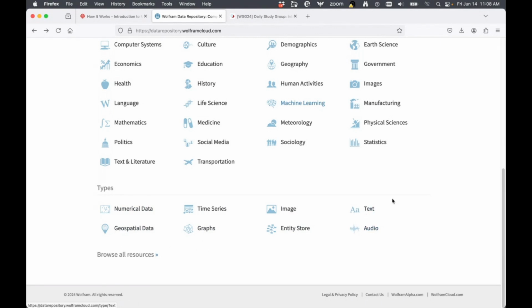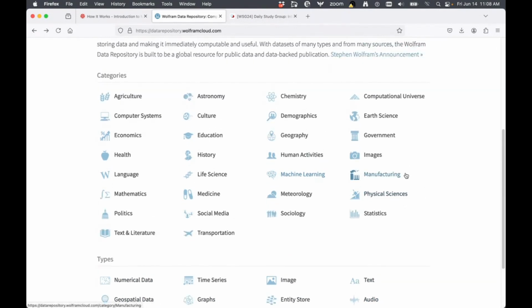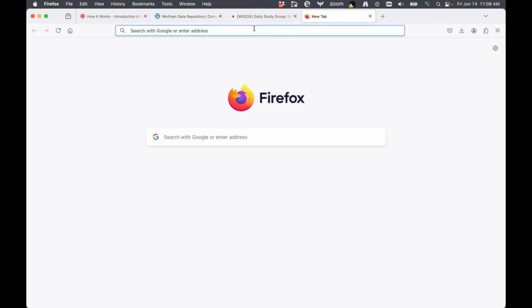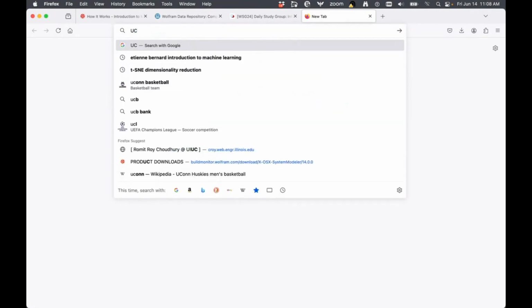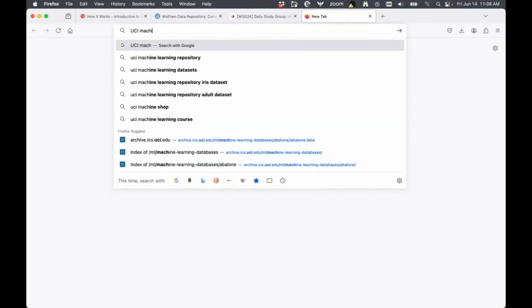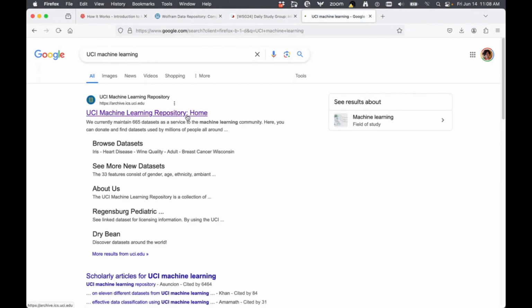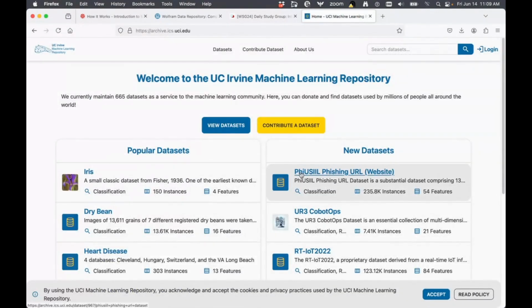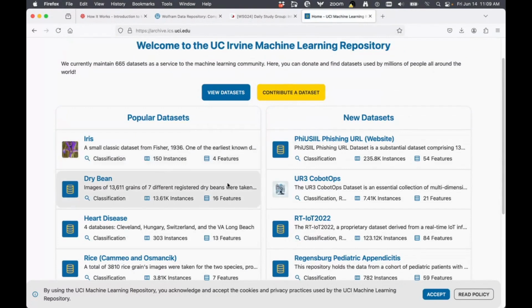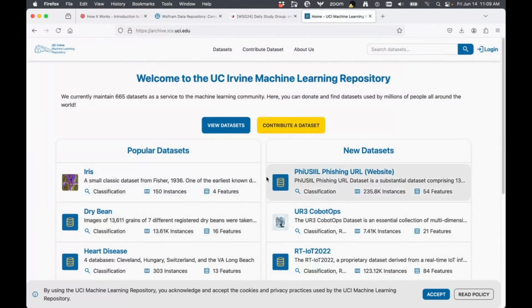In addition, two useful sources I have found: one is the UCI machine learning repository. And if you just Google it, you'll have a whole bunch of popular data sets and even some new data sets here. This is a great resource for someone starting out,